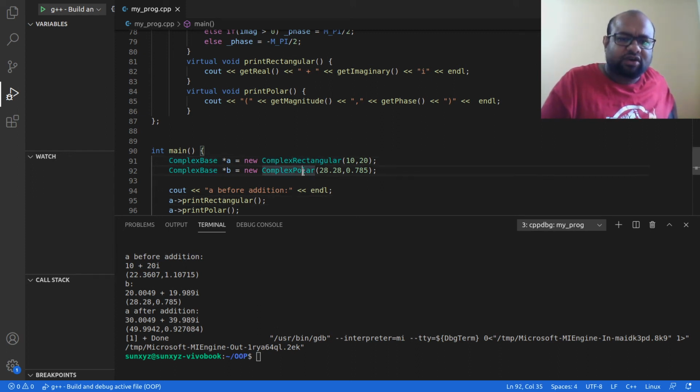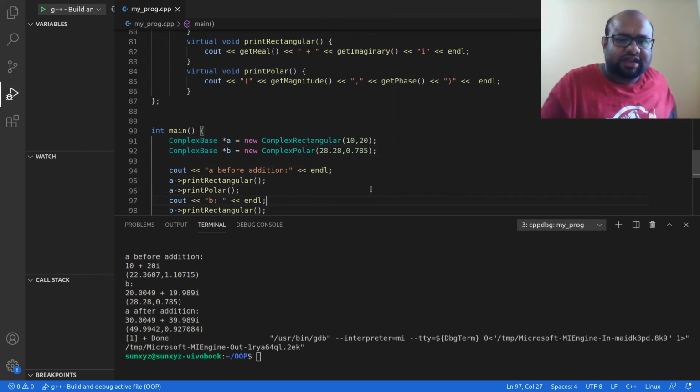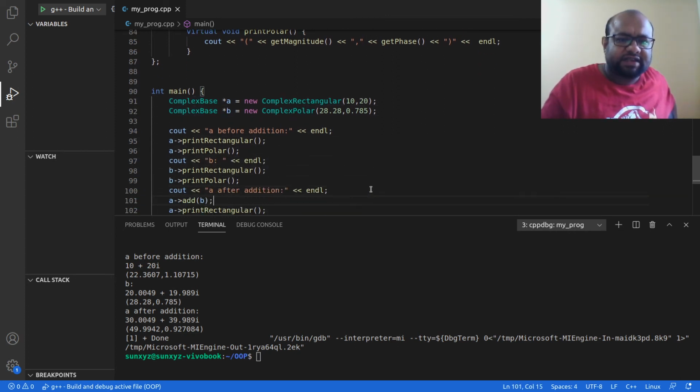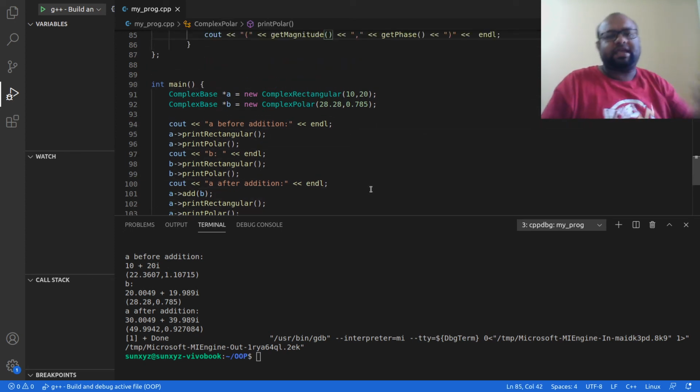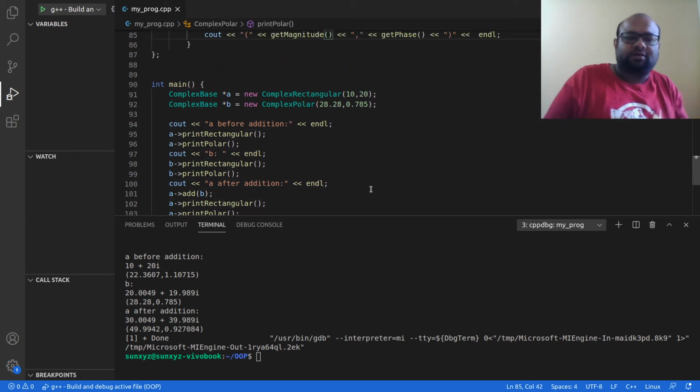Whether it's a complex rectangular object or a complex polar object, here I have created these two objects on the heap. Whatever object is created, I am using a complex base pointer to point to that object. And since all these methods are available in complex base itself, I can use that to access the object's methods.